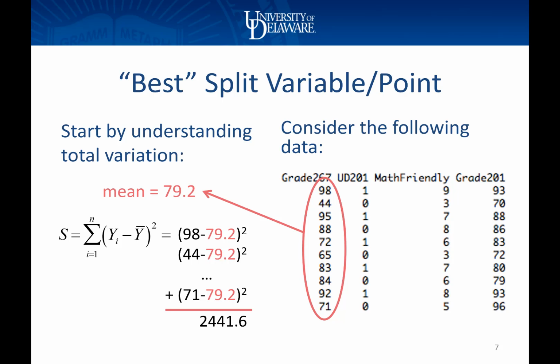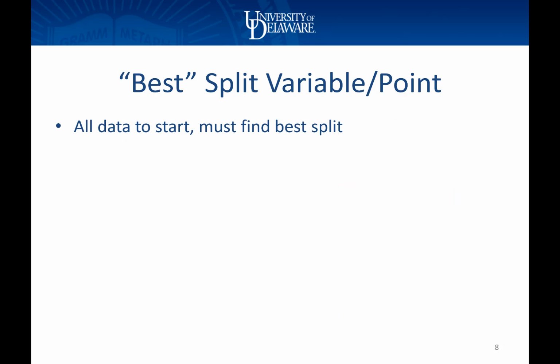So now when I divide the data into two groups, let's say on whether they took UD's Math 201 course, I want to reduce that total variation somehow. So all data, all those 10 students, will start together, and I need to find the best variable to split on. So let's try one. Is it splitting on where they took their 201 class? Well, if they did not take their 201 class at UD,